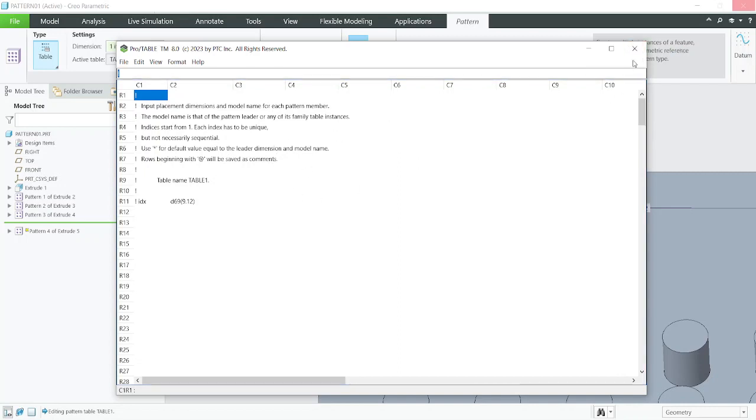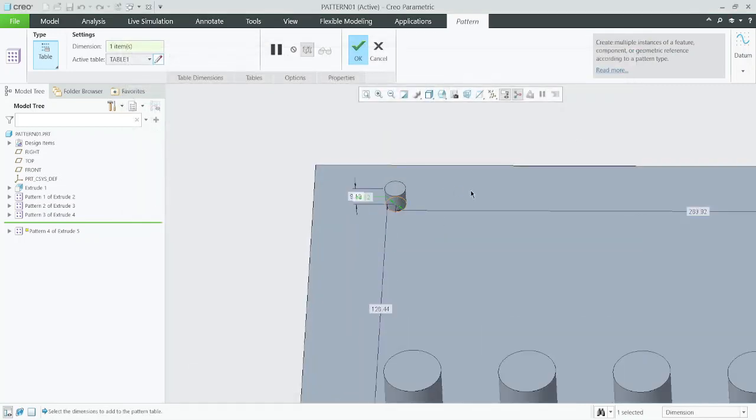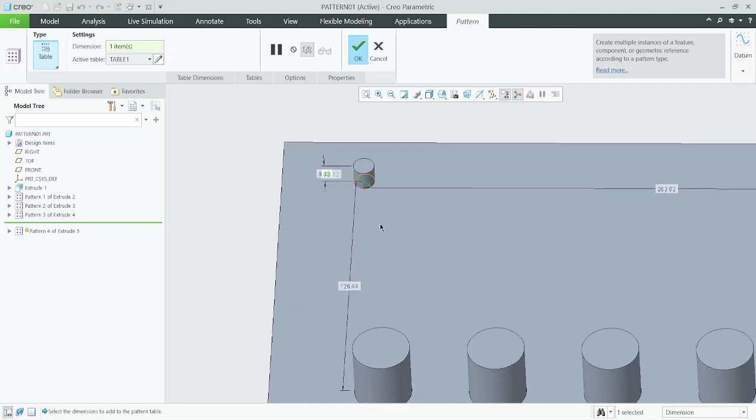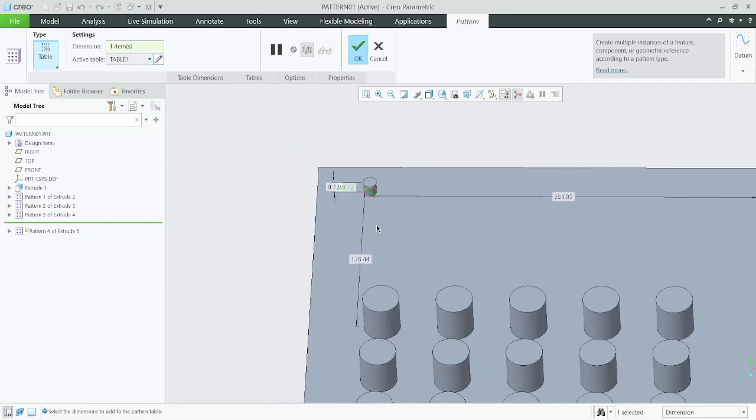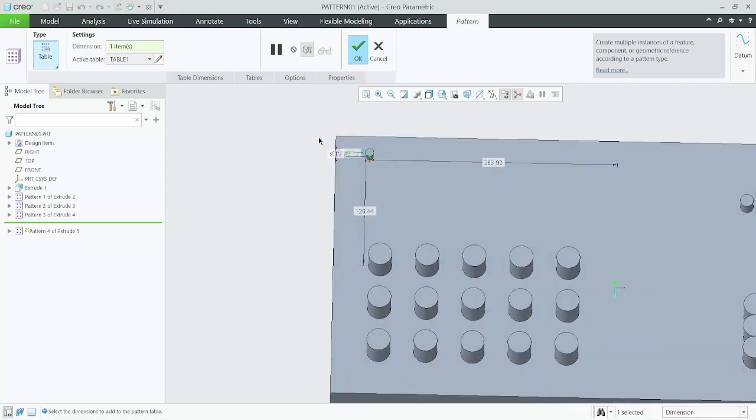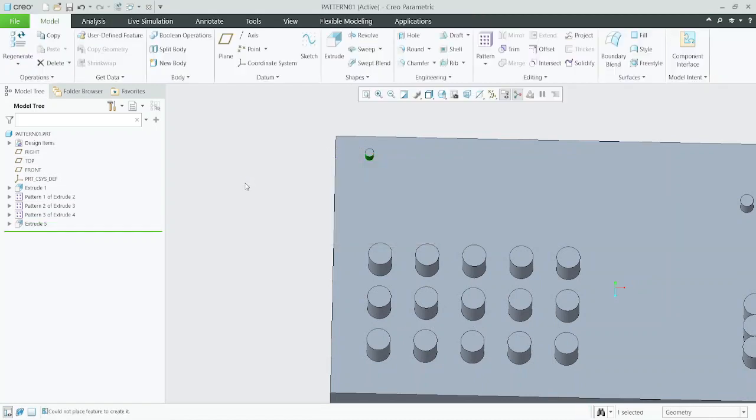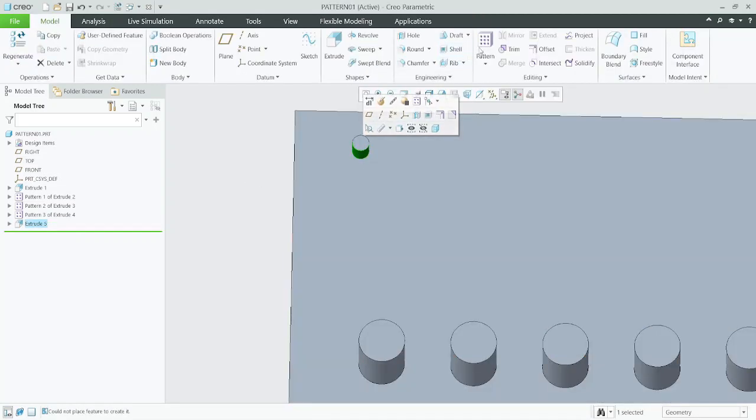another video. So here, in this pattern, you can create different sizes of your extrude feature with patterning, or by giving the dimension in the table. So we will discuss it later. And okay, I will cancel this feature and I will move on to